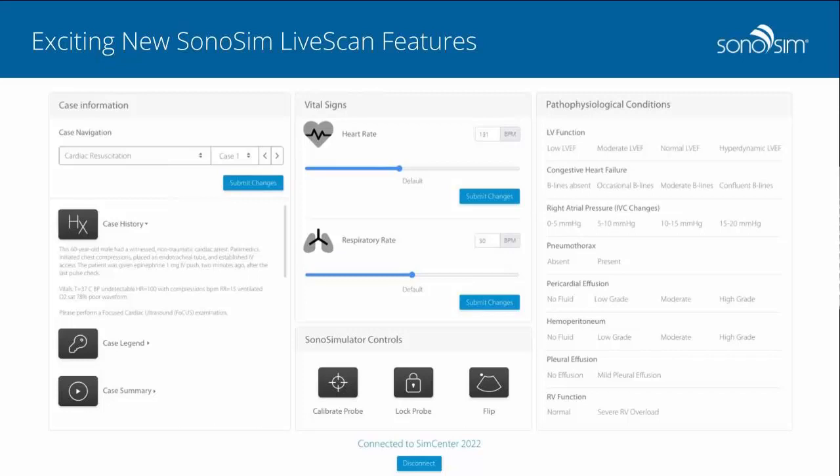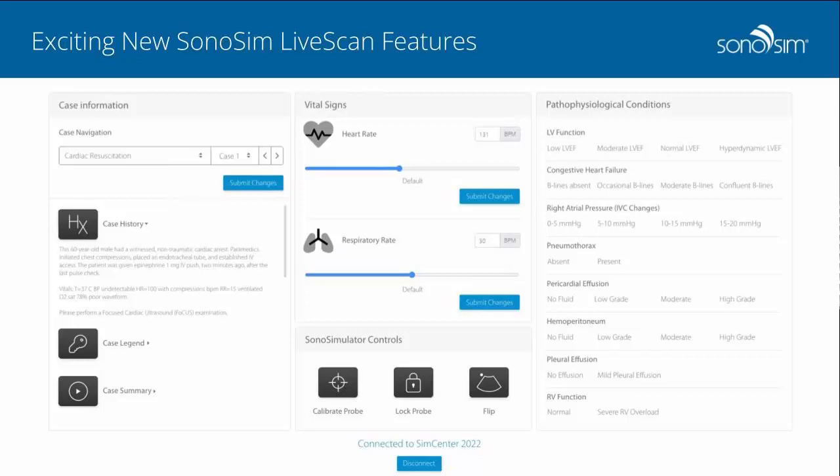So once again, closing out, just to summarize a lot of what we talked about, because we covered a lot of ground. The focus here has been really looking at how do you teach medical decision making once you actually have acquired an ultrasound image. We talked about all the features and advances, everything from literally just a new user interface and a new user experience to even more exciting features beyond that, which is the case controller, of how you actually control an interface and